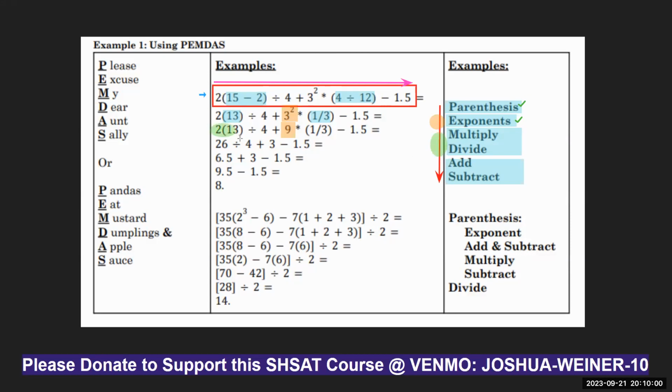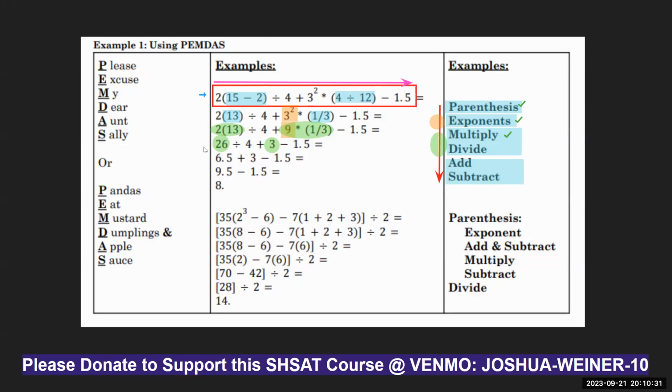So we have to do multiply first here, and then we have to do the divide second. But we have to do the multiply step here. All right, so let's do that first then. And you can see the writer did that. 2 times 13 is 26, which will then be divided by 4. And 9 times a third, they properly did that. It will be 3, and then left all the other operations in place. That works too. So the multiplications are done.